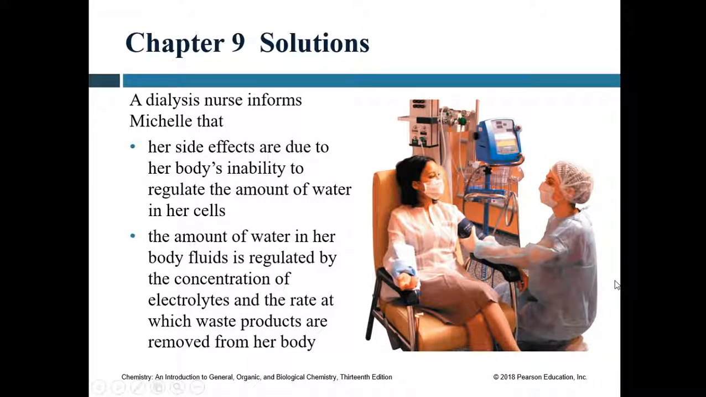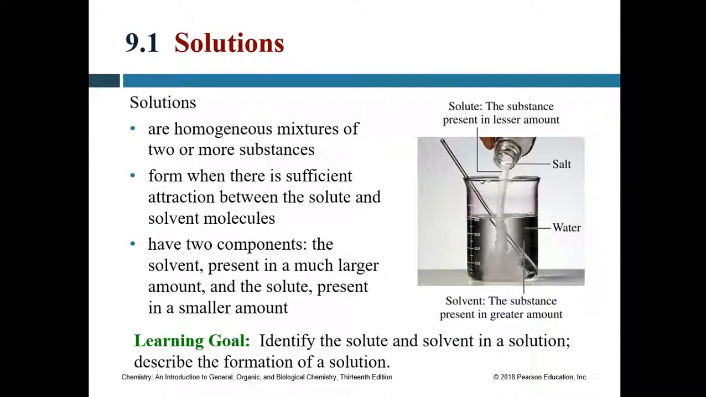Chapter 9, Solutions. Solutions are homogeneous mixtures of two or more substances. They form when there is sufficient attraction between the solute and solvent molecules. They have two components: the solvent, which is present in a much larger amount, and the solute, present in a smaller amount. So our learning goal in this chapter, section 1, is to identify the solute and solvent in a